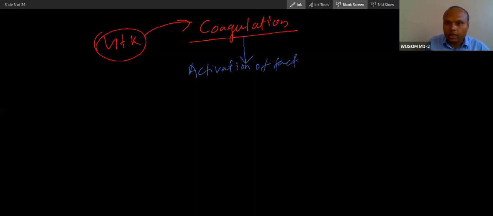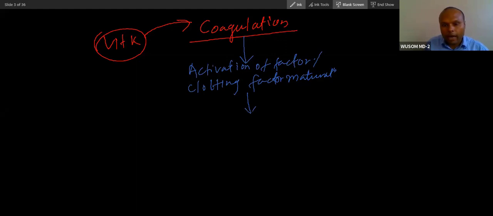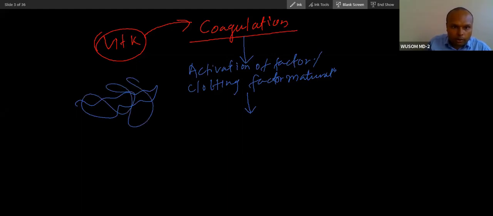Rather, a more important terminology is maturation. Okay, clotting factor maturation. So how does it do clotting factor maturation? By a very specific process. This is a protein of a clotting factor. If you can see, this is a clotting factor protein. So this will do clotting factor maturation by a very, very specific reaction. That reaction is called